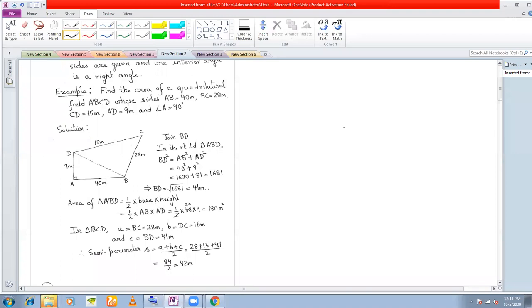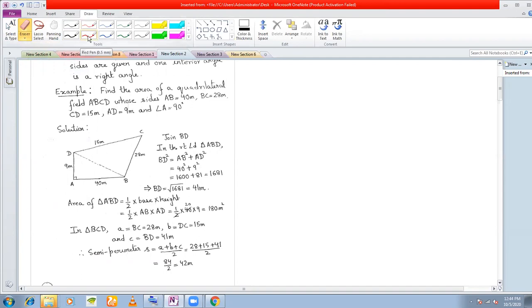So what you do here first is that when you see that right angle here, you join the two vertices that are exactly opposite to that right angle. That is, you join BD here, because these two vertices B and D are exactly opposite to your right angle. You draw a line, either a bold line or a dotted line, it doesn't matter, and you form a right angle triangle.